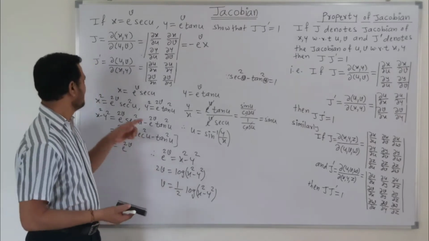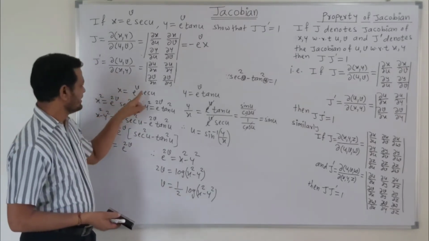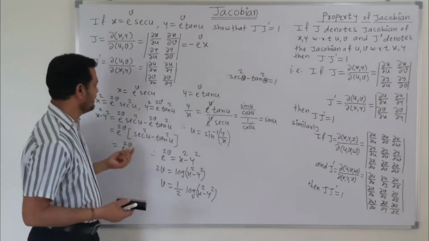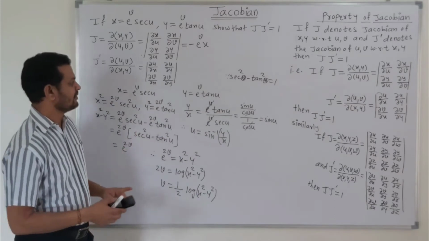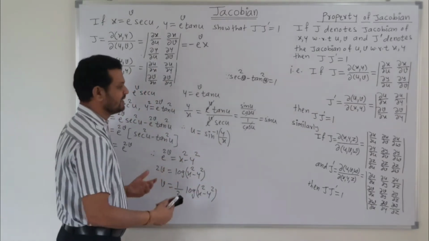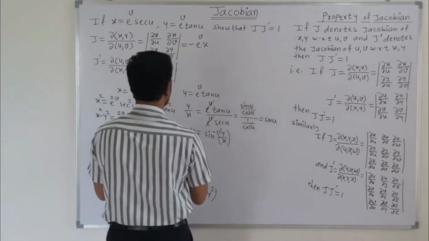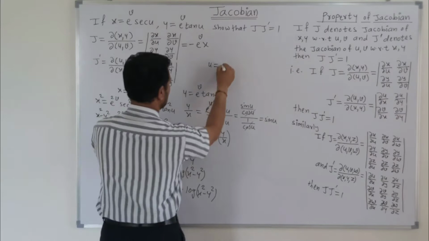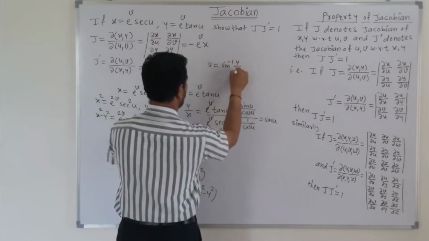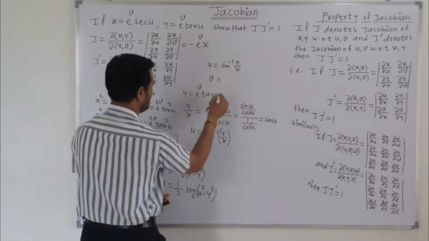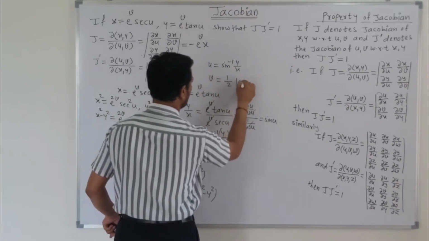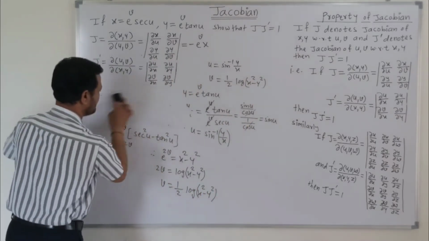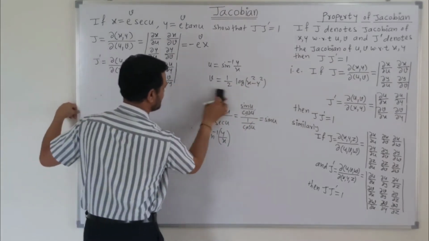Friends, when we find the value of z dash, so given function is in terms of x and y, our first aim is to find the value of u and v after simplifying this equation. So for getting space for writing the example, I will write the value of u and v here. The value of u is sine inverse y by x, and that of v is 1 upon 2 log of x square minus y square. Now let me clean this board so that we get the space to solve the example.